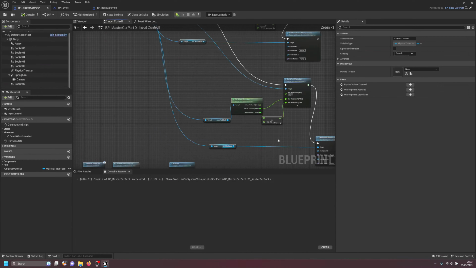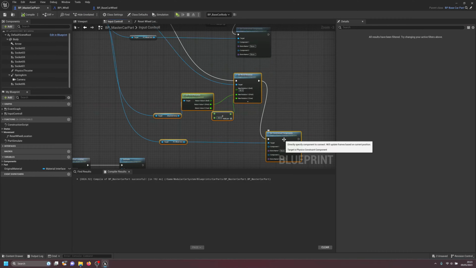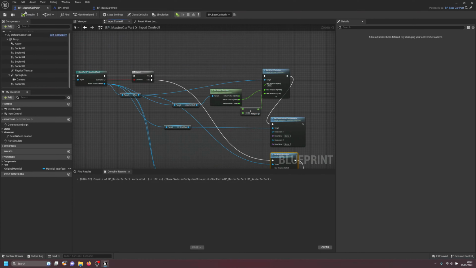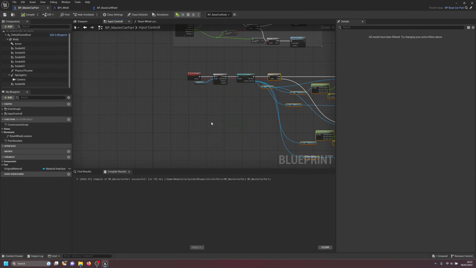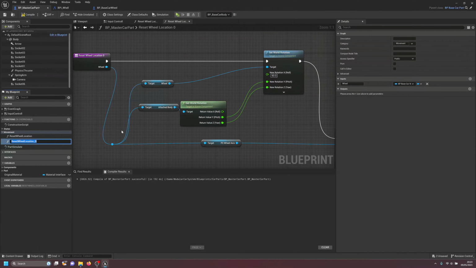I know my left and right is working now, but this is because I was testing this offline. Now I'm going to create another example so we can do this from scratch. You can go ahead and delete whatever we did in the previous lesson, and let's create a new function. We're going to create a similar function to reset relocation. We're going to duplicate this function, and I'm going to call it turn